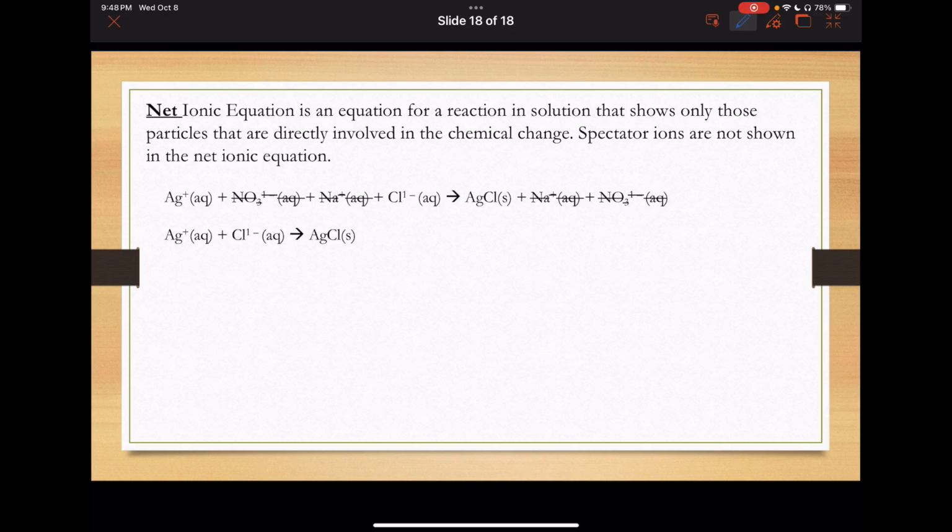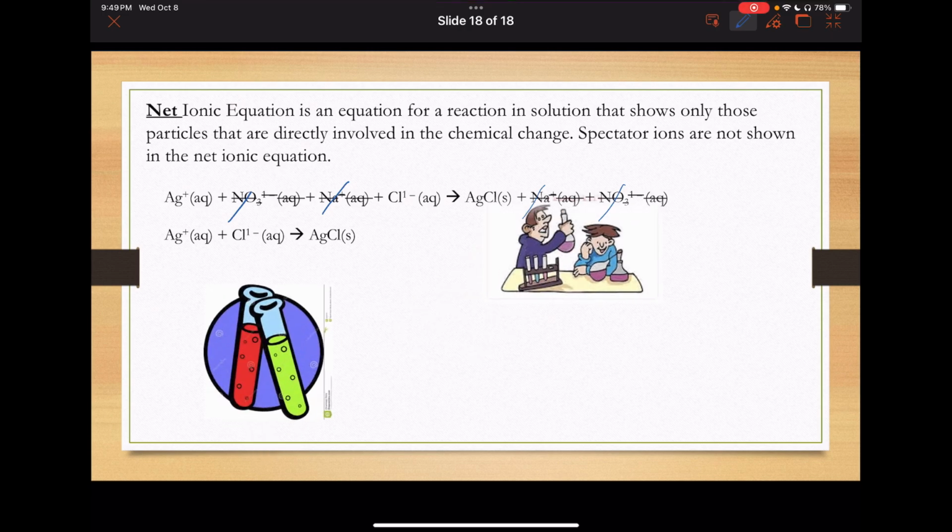So from the equation on the last slide, Ag plus NO3 minus plus Na plus Cl minus yields AgCl, Na plus, and NO3 minus. Again, since that NO3 appears on both sides, we do not include it in the net ionic. The same with Na. However, this silver ion and this chloride ion are reacting to create that silver chloride salt. All right, so that's why we do include it in our net ionic reaction. All right,